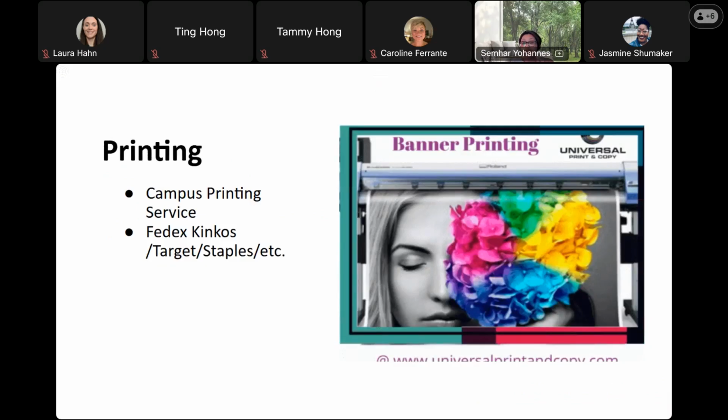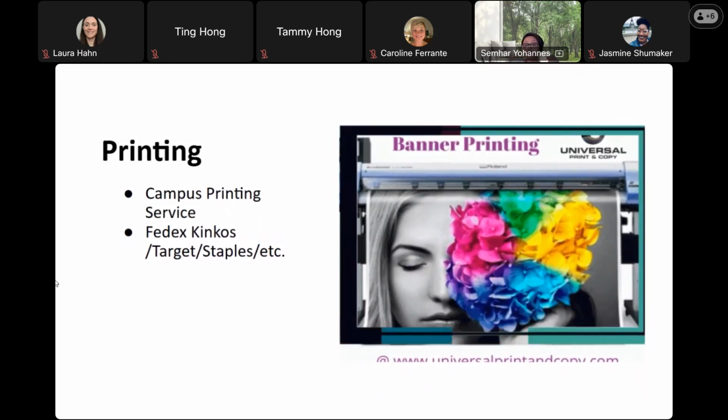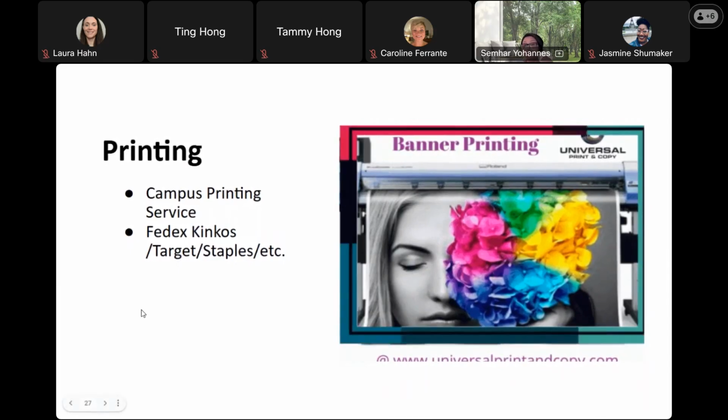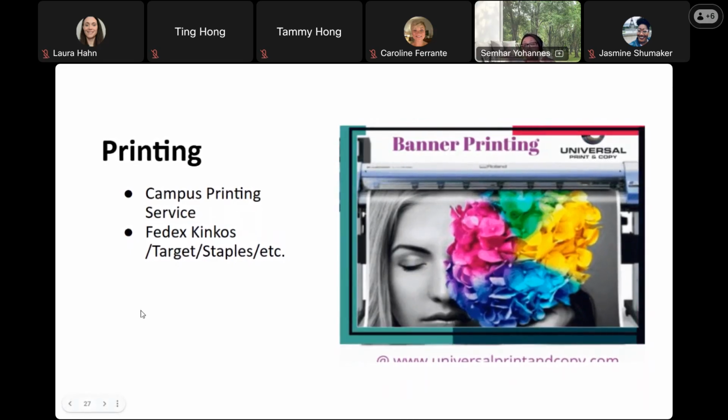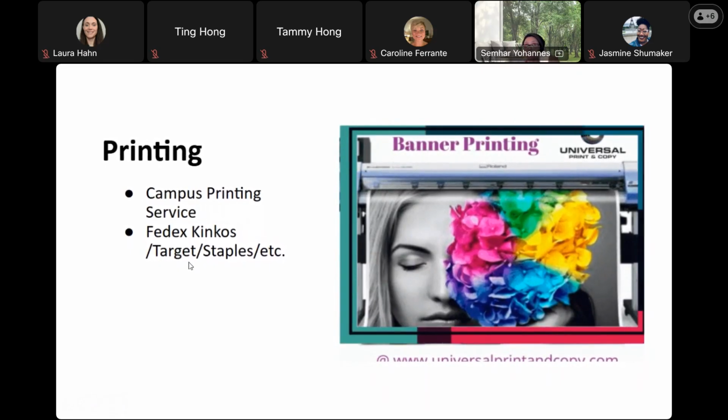Okay, in terms of printing, if you're printing an actual poster, you can print on campus, and there are a lot of printing services on campus. Whether it's Common Vision, or faculty publishing, I forgot the name, but within the bio department on the first floor, there's a printing service. So there are at least two printing services on campus, but there are also printing services nearby, whether it's Target, Staples, etc. Just be aware that the more time you give them, the cheaper it is, the less time,